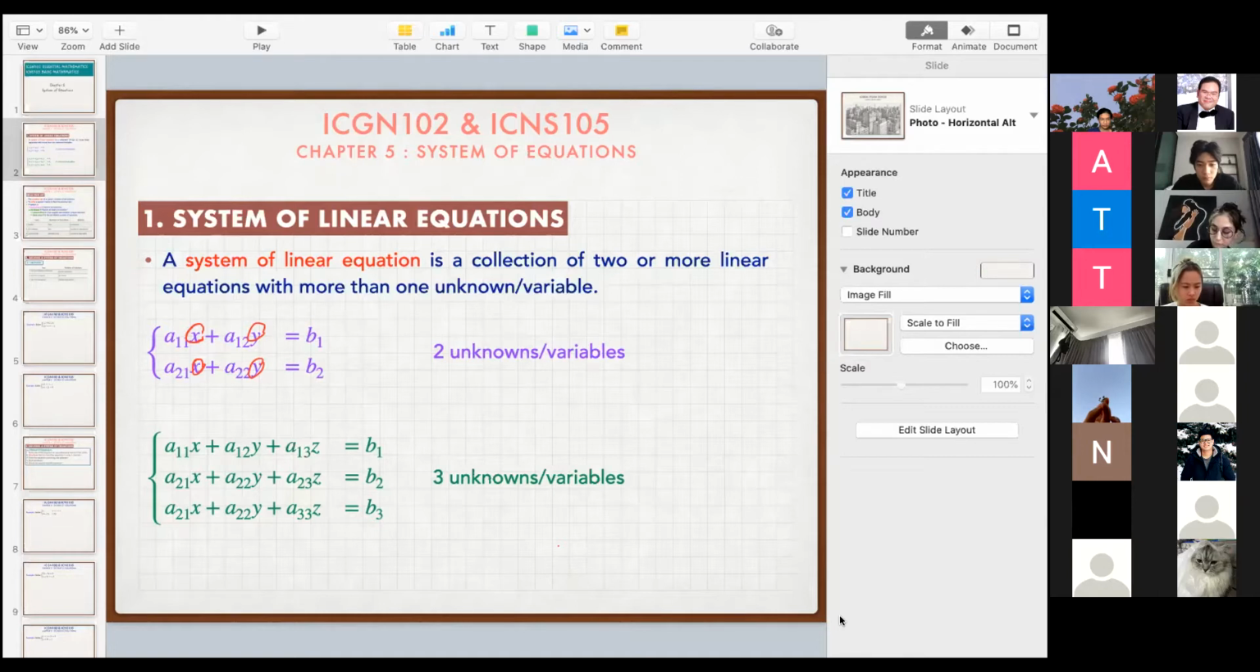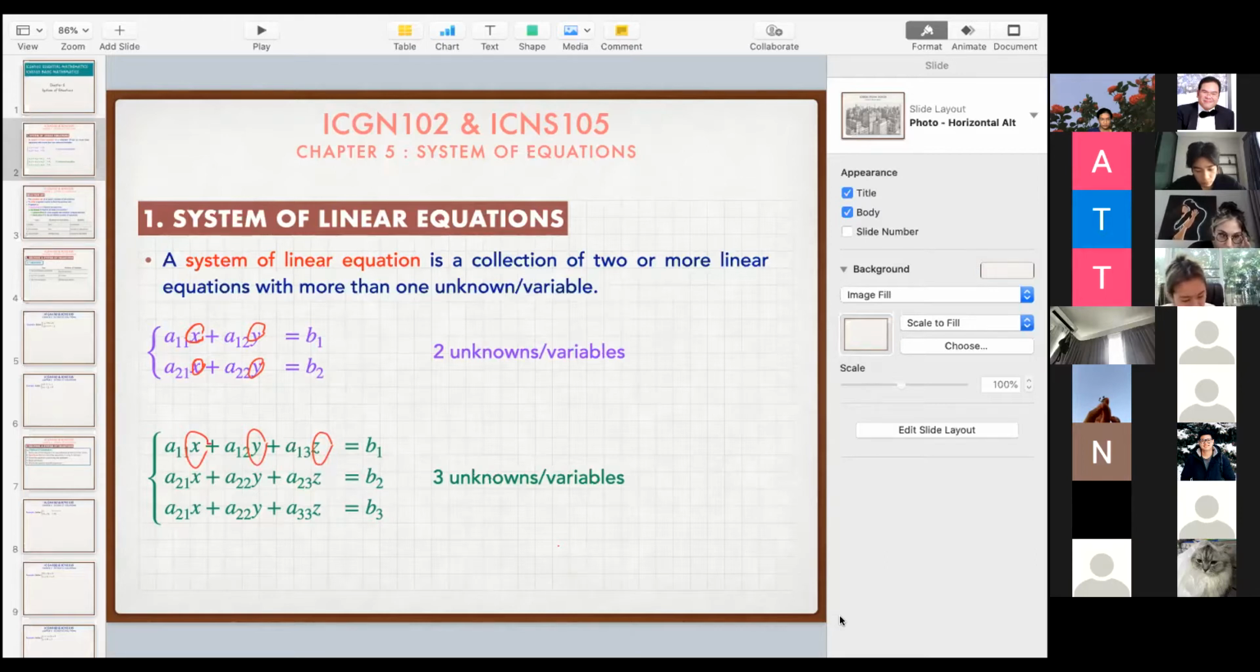equations. In this system we have a11x plus a12y plus a13z equals b1. That is the first equation. The second one we have a21x plus a22y plus a23z equals b2, the second equation. And the third equation we have a31x plus a32y plus a33z equals b3, while a and b are constants. Then we have x, y and z that are unknown, three unknowns or three variables in this system